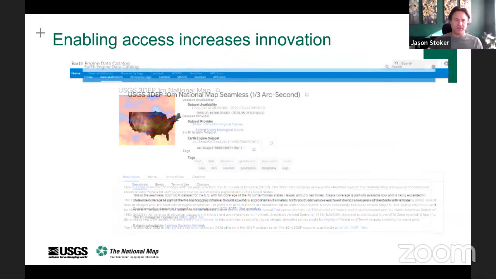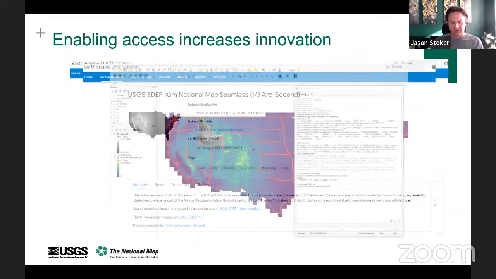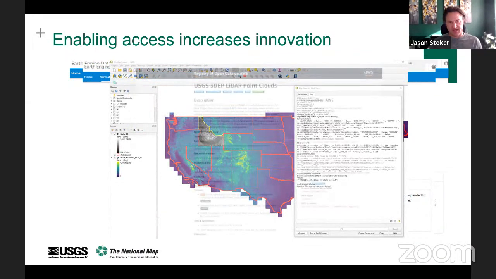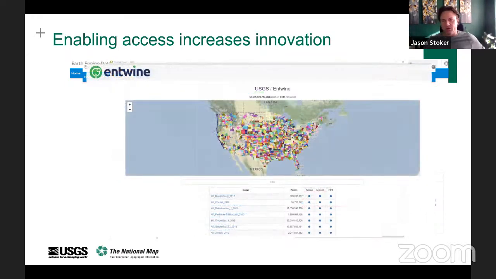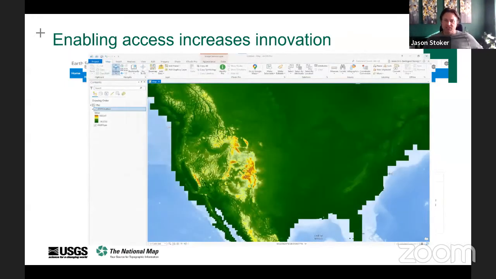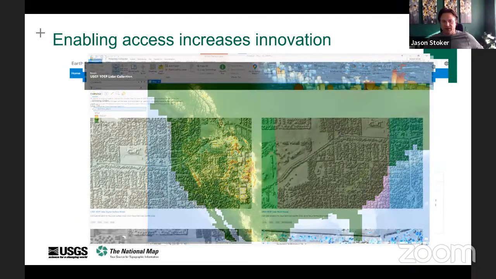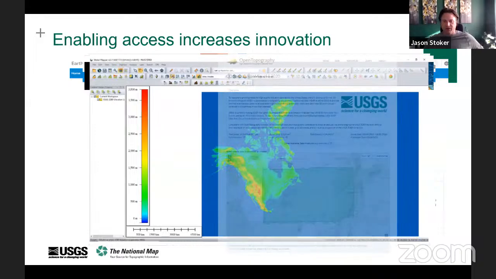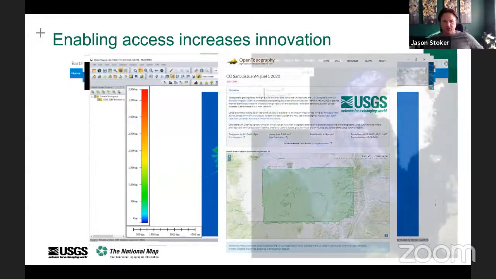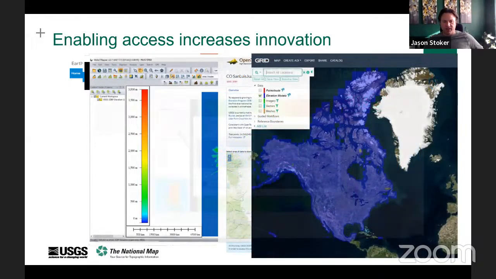One of the things we've noticed is, as we've worked hard to provision this data and make it as easily accessible as possible, we've had an explosion of applications and tools from people who are tapping into this data and doing way more with it than we ever could. Chelsea's going to talk about a really great example that OpenTopography has.